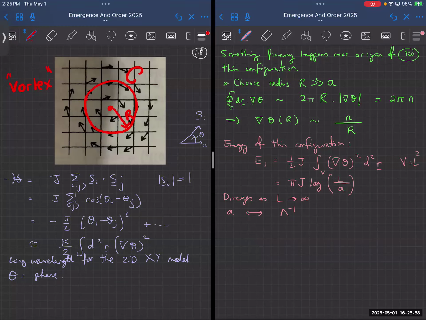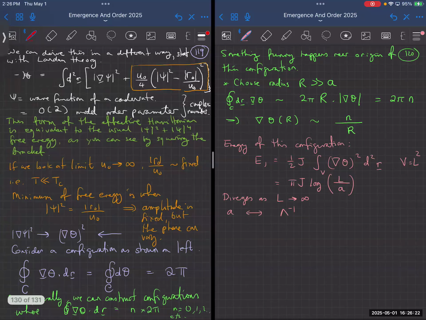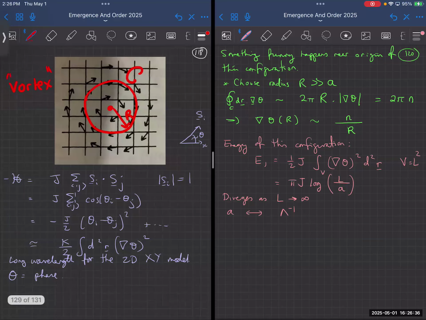So that says this configuration is extremely high energy. And why? Well, because as far out as I go, this configuration just keeps on going. And so I can't get rid of this configuration by making a local change. If I'm going to try to get rid of this configuration, every curve that I go around, one thing I want to point out and stress is that as I go around this curve, notice here that the integral is equal to 2 pi. That integral doesn't depend on what is the radius of the curve. So there's the radius of my curve C.